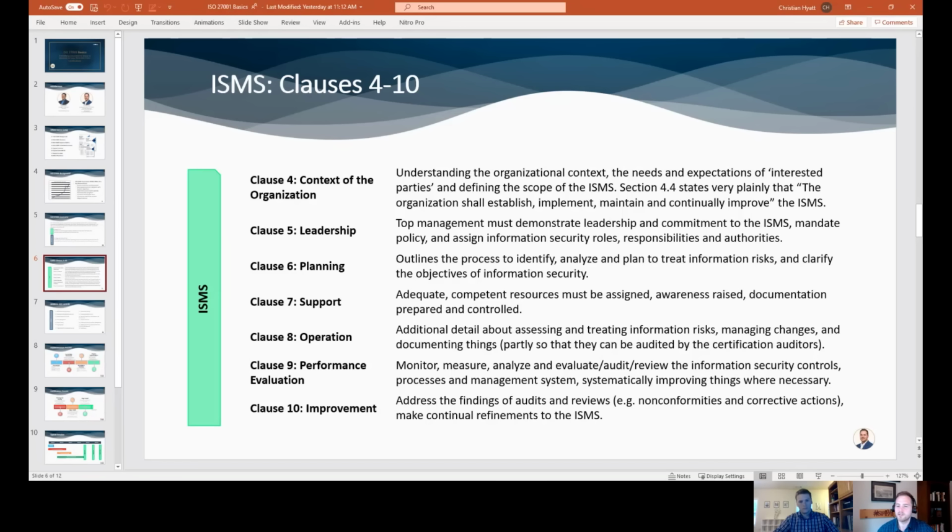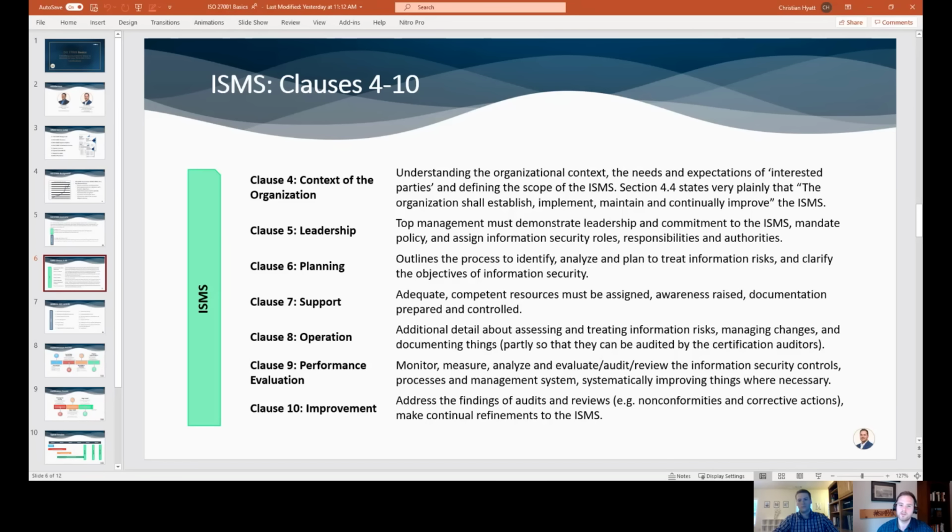That's especially helpful because a lot of times people want to delegate this to a network administrator or some type of, they view this as an IT problem or as a technical problem, where ISO says, no, this is a leadership problem. You need leadership buy-in. And then in clause 6 and 7, you get into strategic planning. So do you have the appropriate resources in place to facilitate the program? Is there training? Have you rolled out policies and procedures?